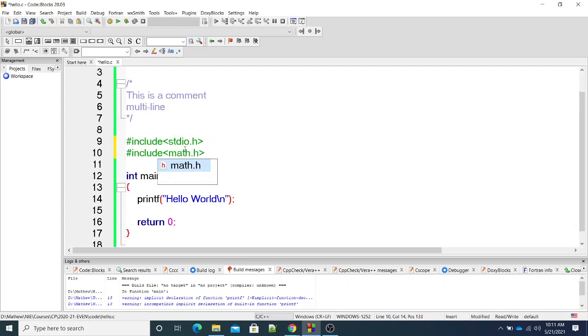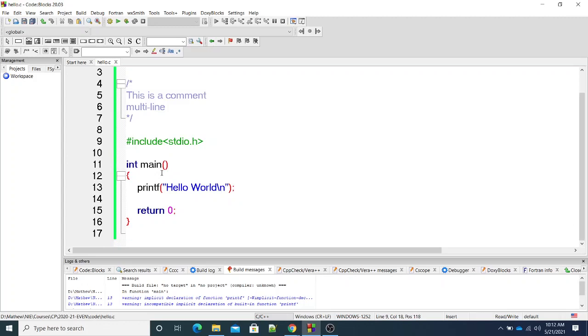It has functions like sqrt, the square root function, and power, the exponent function. As of now, I am not worried about math.h because I am not doing any mathematical operations here. So minimally, this will be there in almost every program, if you are taking input from the user, or writing output to the display to show to the user.